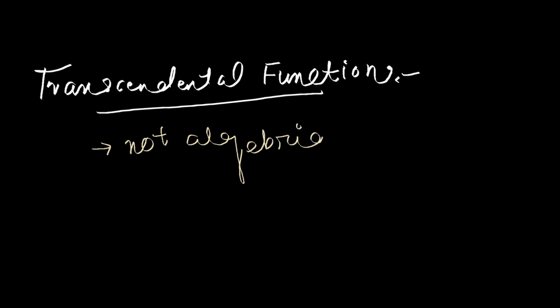There are three major types of algebraic function. The first one is polynomial. The second one is rational. The third one is irrational. So the function which is not polynomial, not rational or irrational, that function is called transcendental function. There are some types of transcendental functions. We are going to discuss some of them, and in the next video we are going to discuss more of them. So the first type of transcendental function is